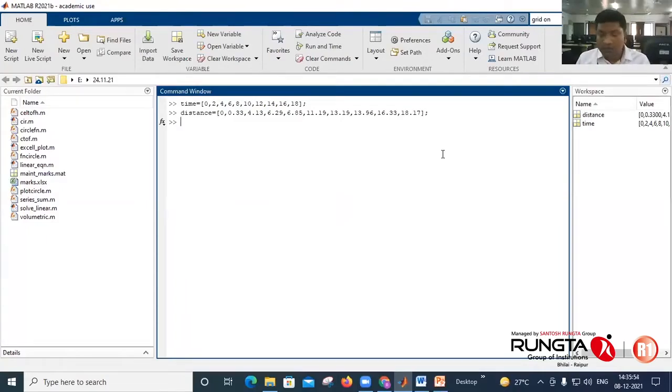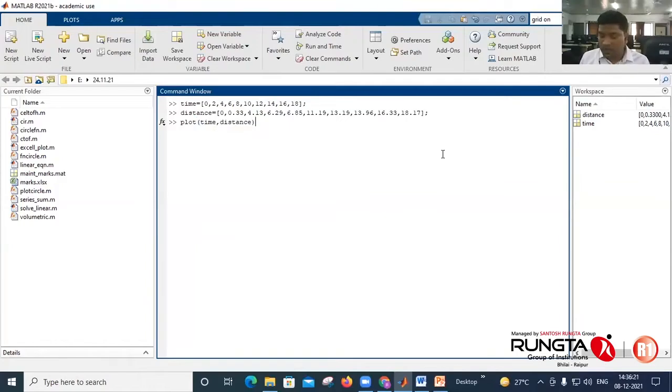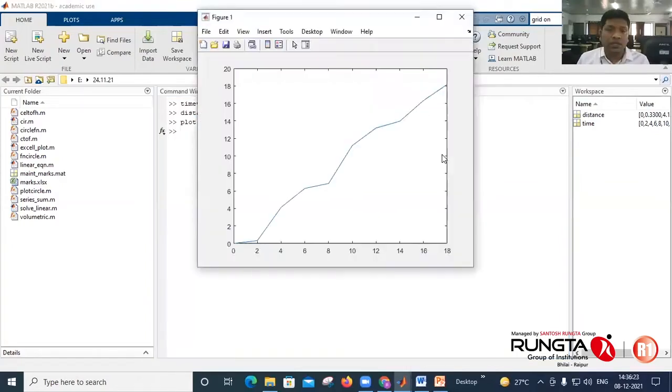To plot the graph between these two variables, time and distance, use the command plot, and you first put the variable which you want to plot on the x-axis, that is time, and comma, which you want to plot on the y-axis, that is distance. Enter. So you will get the graph.